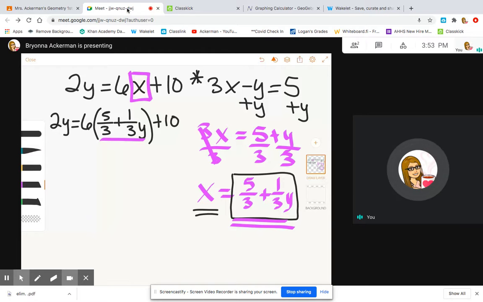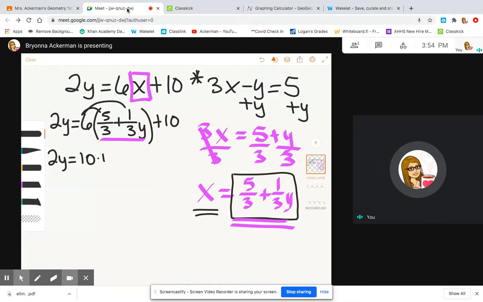So the first thing I need to do is I need to distribute. So I need to distribute this 6. Okay, so I'm going to get 2y equals, and then if you do 6 times 5, that's 30. And then 30 divided by the 3 on the bottom is 10. Okay, so if you did 6 times 5/3, you'd get 10. Okay, plus